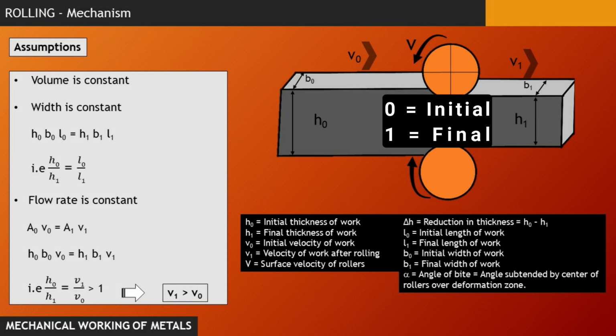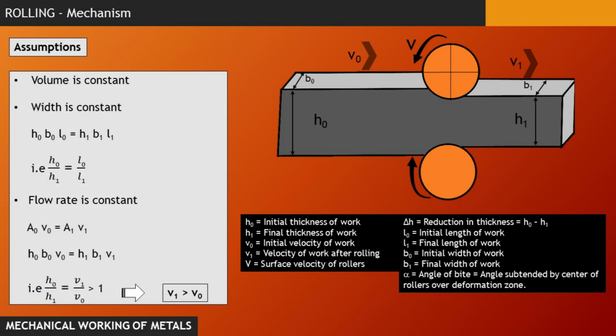This 0 sign is for the entry position and 1 sign is for the leaving position. So from this we get H0 by H1 is equal to V1 by V0,